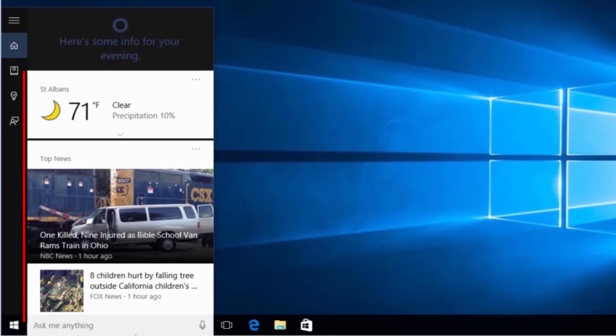The default screen will fill with informational cards containing things like news and weather information. The cards that show up in this feed can be modified on the Notebook tab.